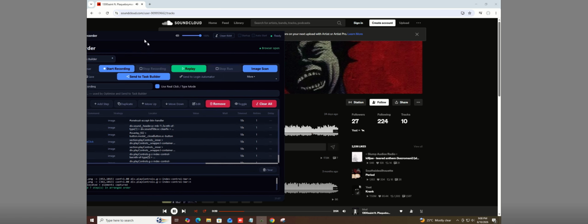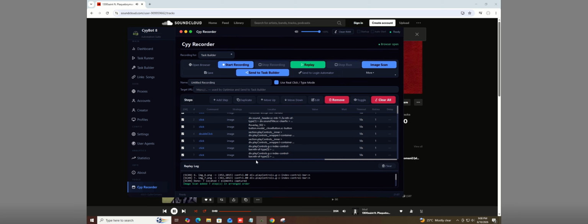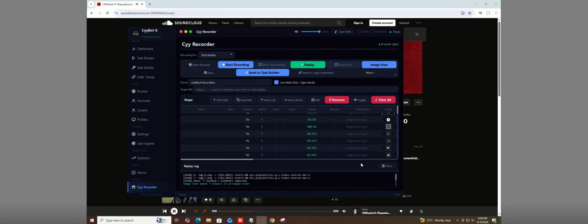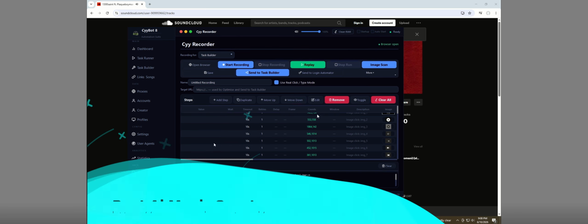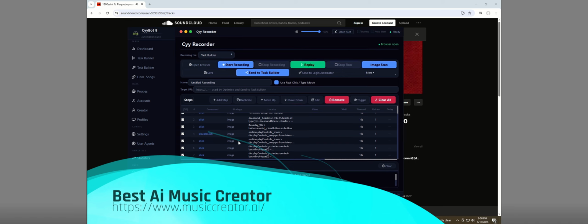So here it is now. It has captured the elements very well and very clean, with the coordinates as well, plus the images. I'm going to explain more about why it keeps the elements, why it keeps the coordinates, and why it keeps the images